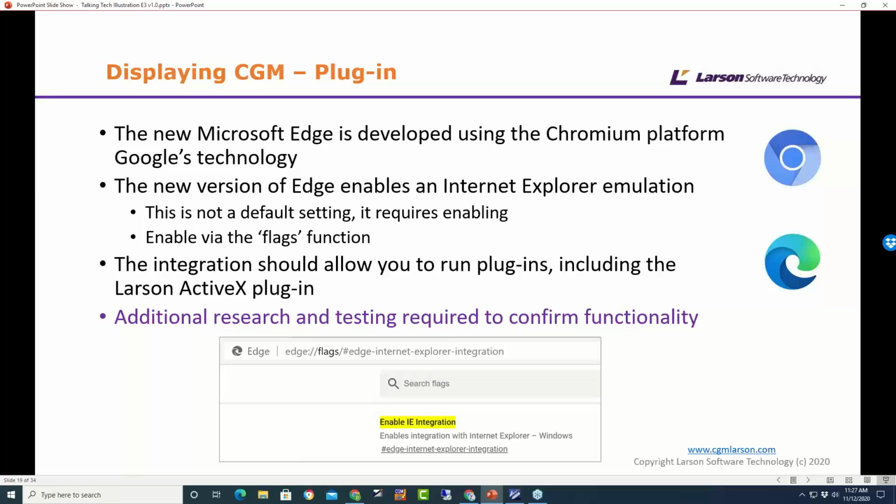If you're interested in how the plugin works in Edge, you just need to turn that function on, and you can do that with something called flags. That should help you turn on the ability to use ActiveX within the Edge environment, which is obviously the latest version of Microsoft's Internet Explorer. So there might be a way that you can still carry on using your old technology if you're using ActiveX.